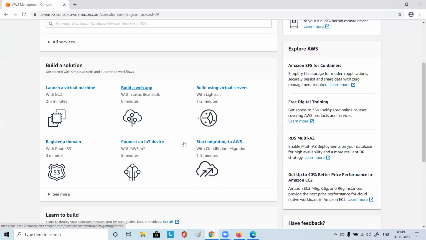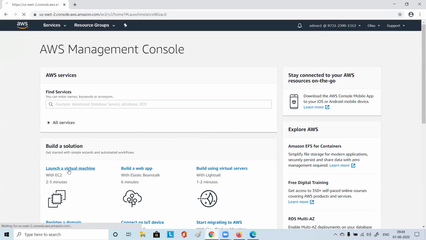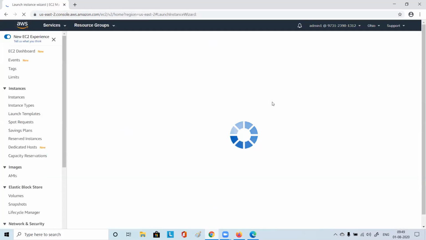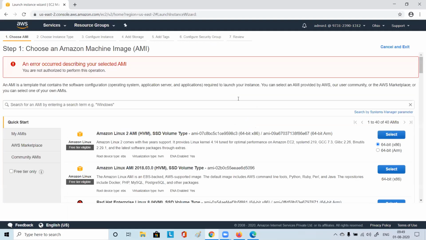But what can the user do? The user can try to launch a virtual machine or something. Not sure if the user will be allowed to. Oh, the user is getting some option here. The user can go and do something.